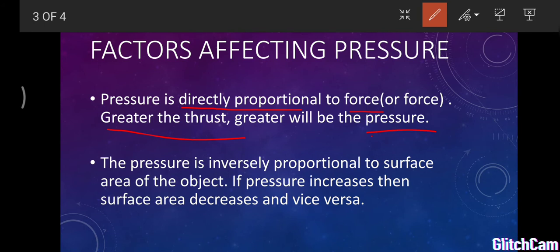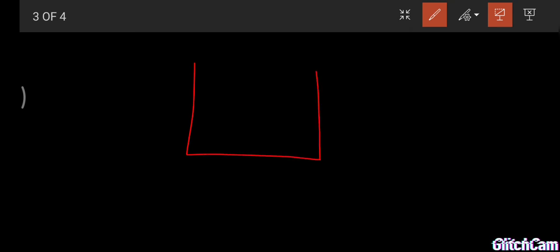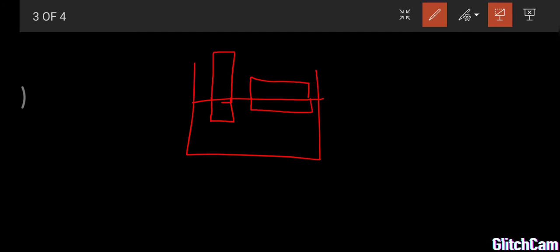Okay. Now the second experiment, the same trough filled with sand. Now we are taking 2 identical bricks and we are keeping one in the vertical position and the other one in the horizontal. Now due to their weight, they also create some depression in the sand. Now if we measure the depression, the first one is this much and the second one is very small. Here the force is the same, but what is varying here? The surface area is varying. The first one has a smaller surface area, so the depression is more, and in the second case the surface area is more, so the depression is less.